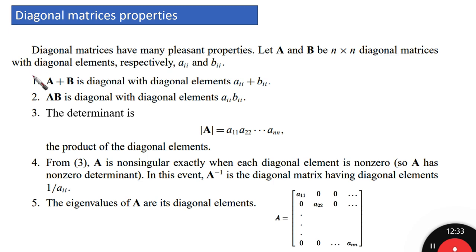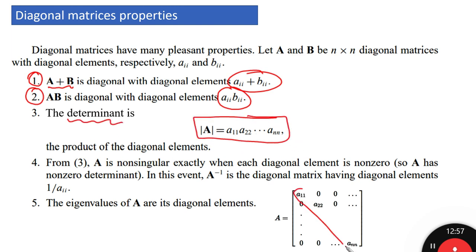The diagonal matrices are important for us because they are going to make our calculation super easy in many cases. Addition of diagonal matrices is just addition of their diagonal elements. Multiplication is going to be only by multiplying their diagonal elements. Determinant is going to be by the multiplication of all of the diagonal elements. And we can judge whether A is singular or not, because we are not expecting any of these elements to be 0. If there is one 0 element, then it is going to be singular,